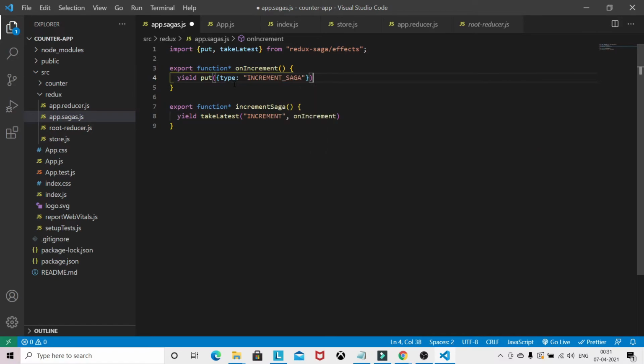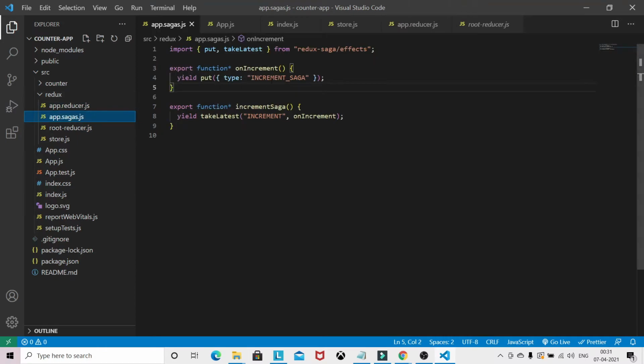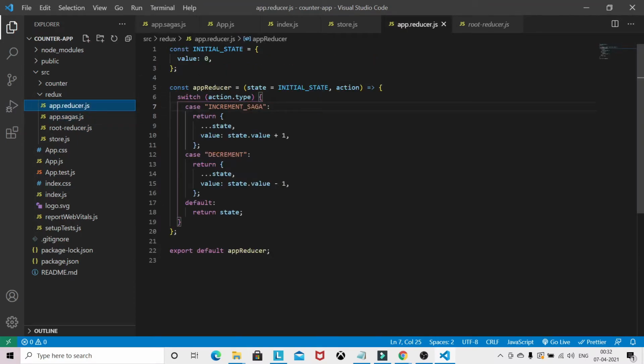We are basically dispatching the new action from the Saga. Then we have to modify the reducer file. Now we are listening to the new action from the Saga. Let's see if the naming is correct. Okay, this is fine.